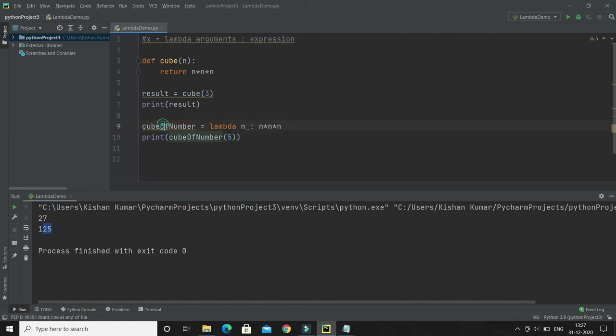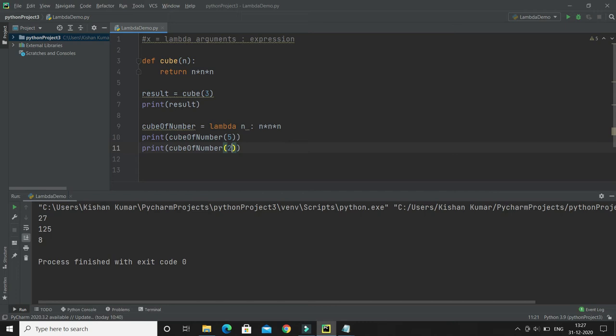You can call this lambda expression any number of times, right? Here, let's say I'm going to call it by passing 2. If I run, then you'll see this is giving the cube of 2. Now the thing is, why do we use lambda functions? The power of lambda function is better shown when you use them as an anonymous function inside another function.